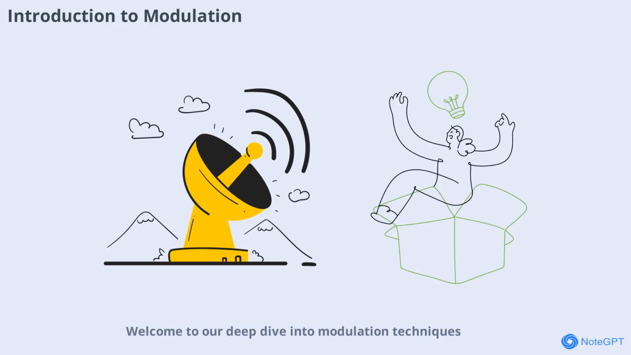Welcome to our deep dive into modulation techniques. Modulation is a fundamental concept in communication systems, enabling the transmission of information over various distances and mediums. Whether it's your mobile phone, radio, or television, modulation plays a crucial role in ensuring your messages get delivered clearly and efficiently. In this video, we'll unravel what modulation is, why it's necessary, and how it forms the backbone of modern communication. Let's start by understanding the basic idea behind modulation and set the stage for exploring the different techniques